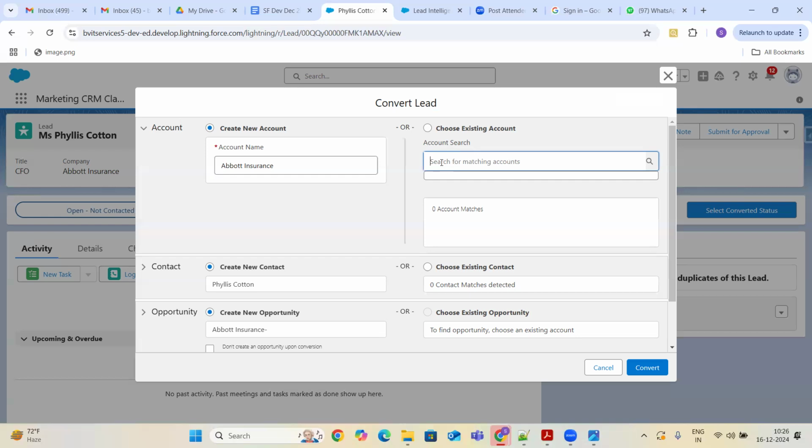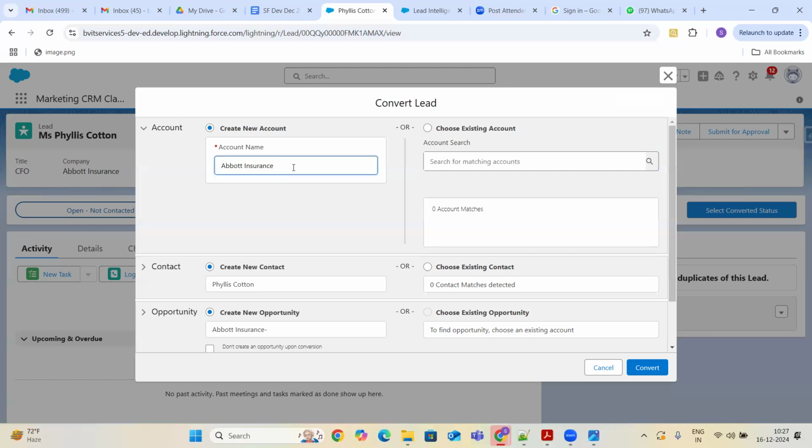At that point of time, we are going to capture all the members whom we interviewed as part of our leads, and who are accepted and who are rejected. And then finally, I'm going to convert that accepted person as the contact under the BNB IT services account. So this time, whenever I'm converting the lead to contact, it will ask me, would you like to create a new account? This lead is for BNB IT services. Would you like to create new? Obviously, no. Already I'm doing business with BNB IT services.